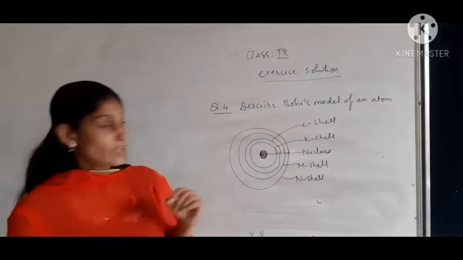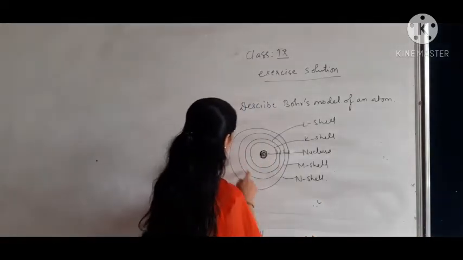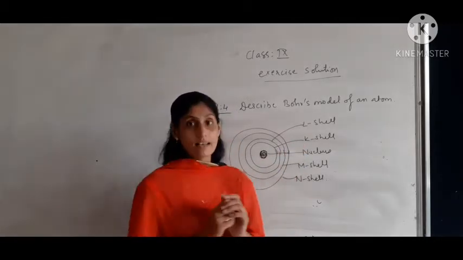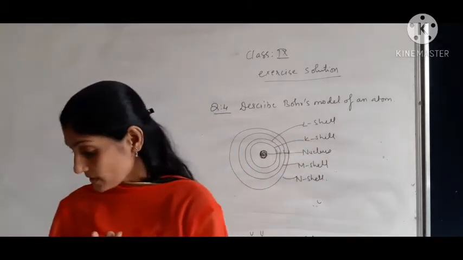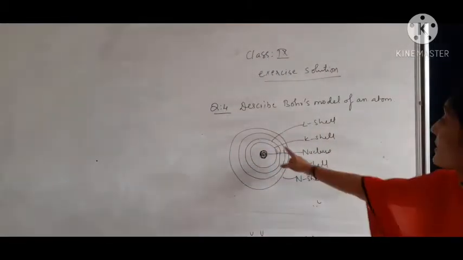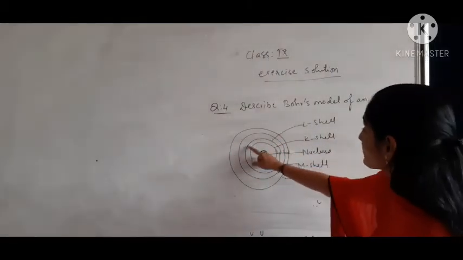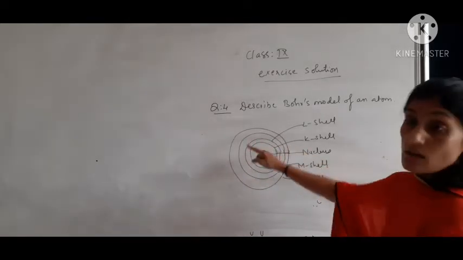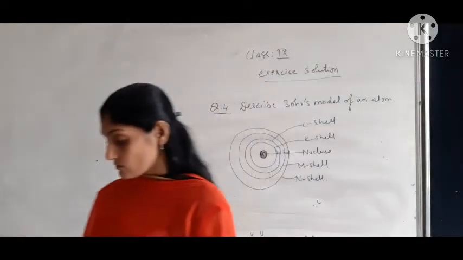Secondly, you can write that electrons are going to revolve around the nucleus in the orbits, that is K shell, L shell, M shell and N shell. Now what they are known as, so third point is whatever the particular electrons are revolving in the circular path with a definite energy, that is known as discrete orbit. So that is the third point for his model.